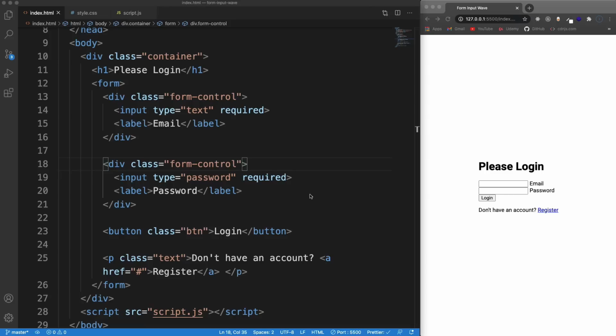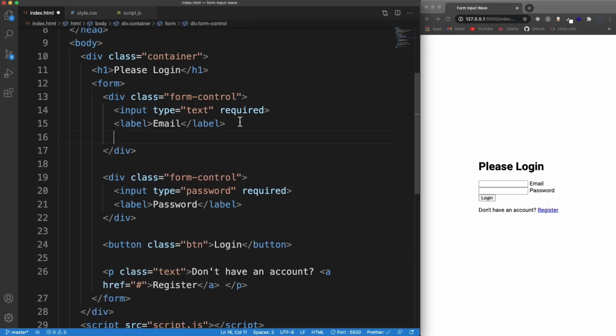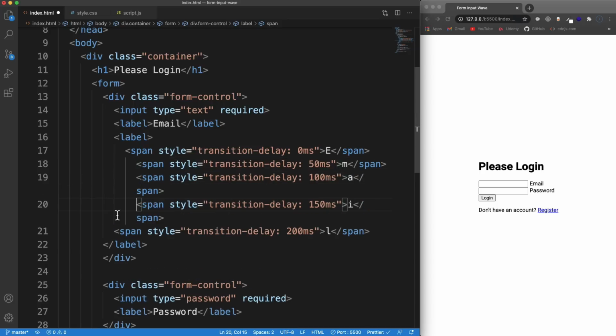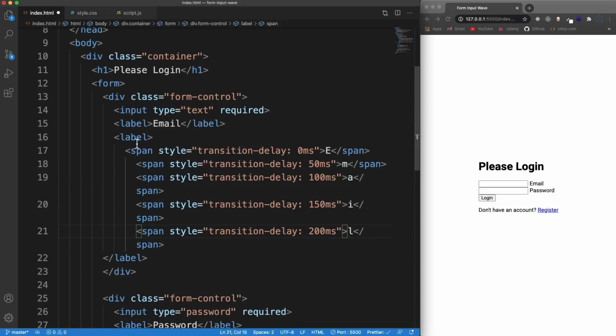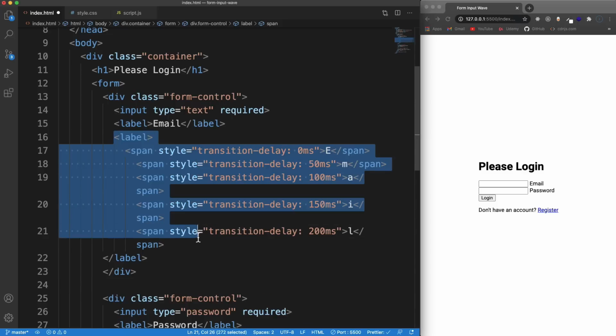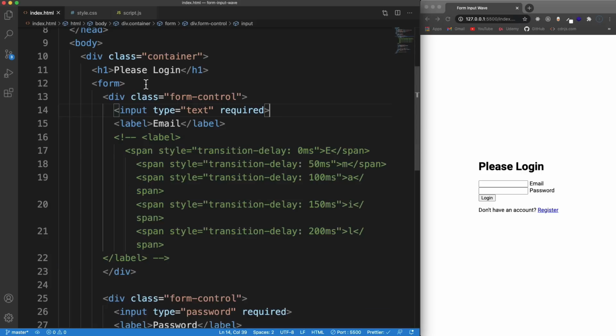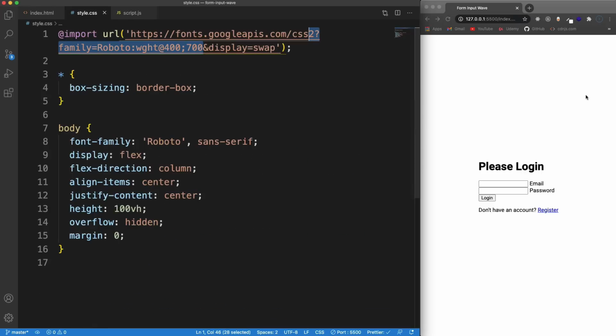In fact, I'll go ahead and just paste in what these labels will look like afterwards. So basically we'll have the label tag. You don't have to put this in. I'm just showing you as an example. We'll have each letter wrapped in a span with a transition delay that increments. So I'm just going to comment that out, but just so you can see what we're going to end up with. But before we get into any of that, let's just do some basic styling on this form